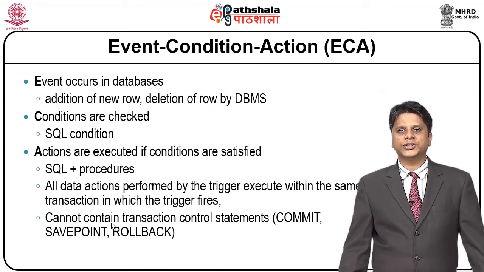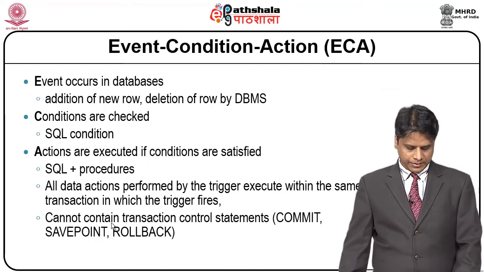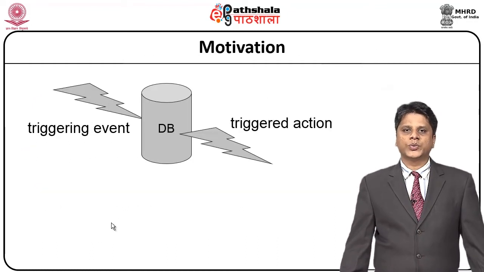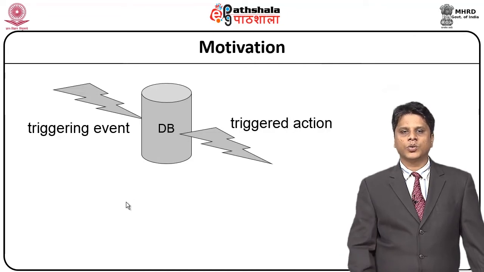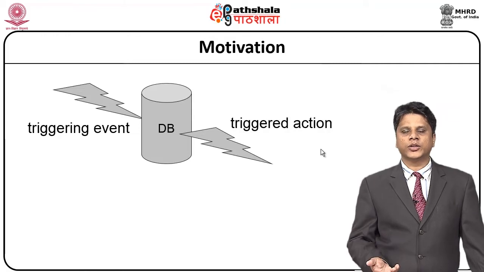As part of data definition, we can create a database. As part of data manipulation, we can insert, delete and update. But data control statements like commit, rollback, grant permission and revoke will not be a part of these active database constraints. This is the overall motivation which we are trying to achieve as part of a database. So, there should be an event that needs to be triggered as part of event and condition before it gets into the database, but out of the database there will be an action. You can assume any specific scenario relating to it.